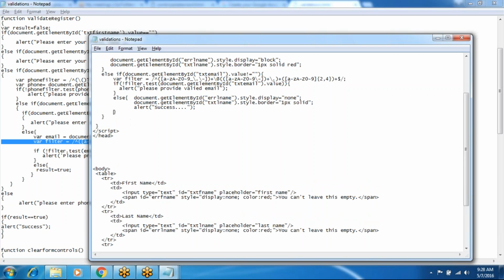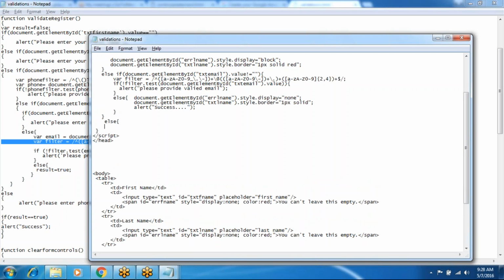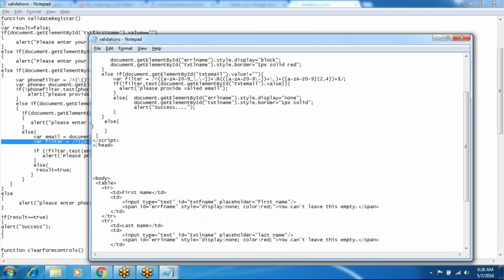After that you will get the success message. If the text box is empty, it will display please enter email.